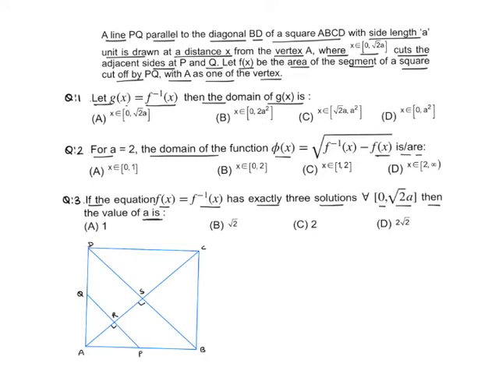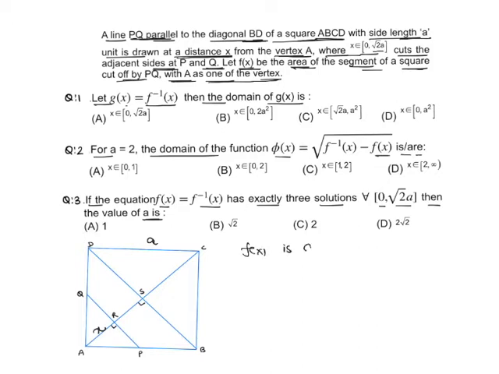Now, according to the problem, a square ABCD is given whose side length is a, and a line PQ is parallel to the diagonal BD at a distance x from the vertex A. So this distance is given as x, where x belongs to the closed interval 0 to root 2 a. It intersects the adjacent sides at P and Q. Let f(x) be the area of the segment of the square cut off by PQ with A as one of the vertices. So f(x) is defined as